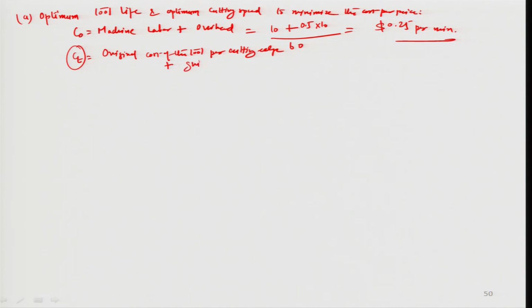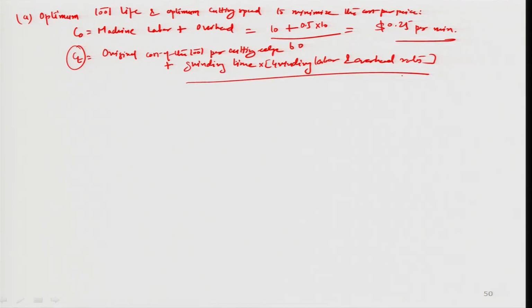Added to that would be the total amount of grinding effort, that is grinding time times the grinding labor and overhead rates, which is paid for the grinding, to be added on to this original cost of the tool per cutting edge. So, the original cost per cutting edge obviously is the total cost of the tool, as has been given in the question earlier,